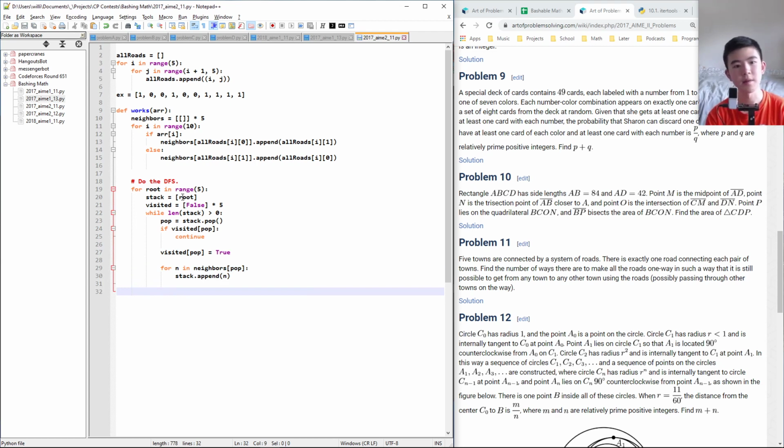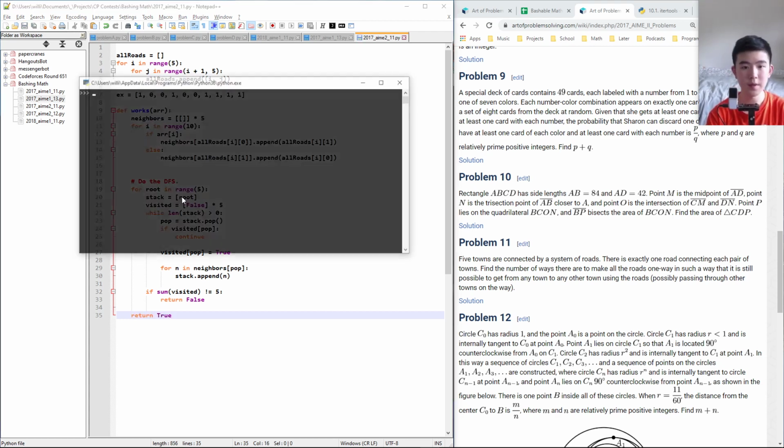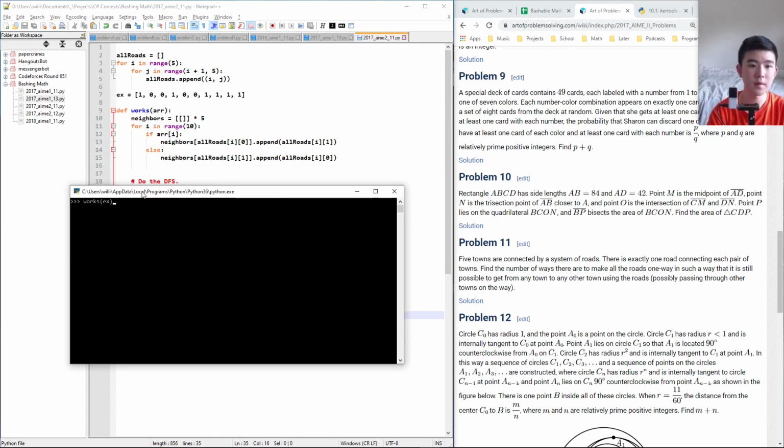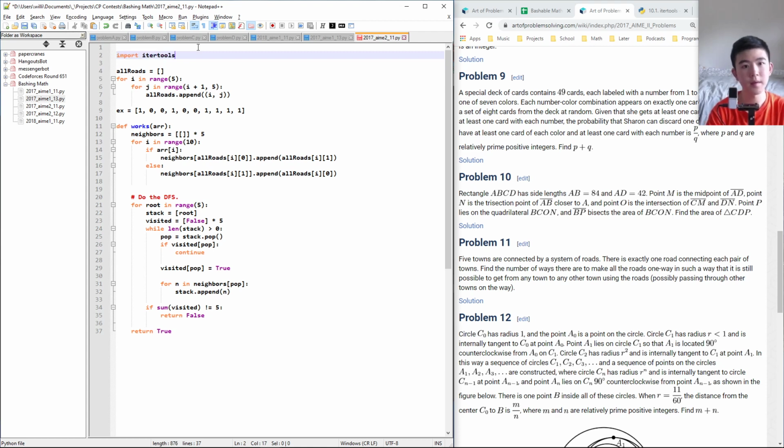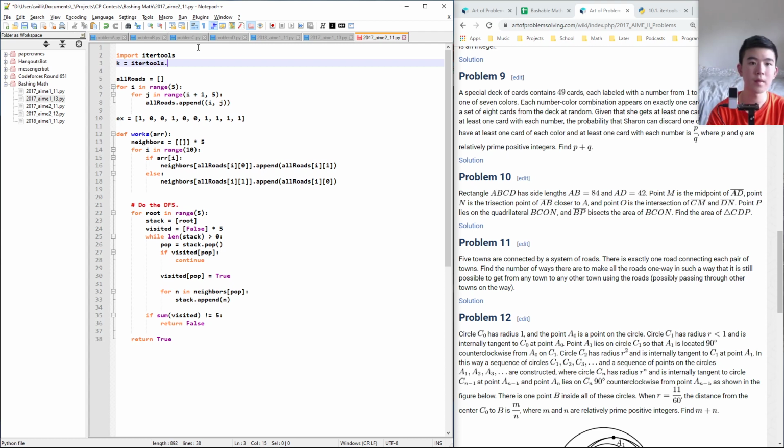And yes. So if for any town it can't reach every other town, then we're going to return false. Otherwise we're going to return true. So let's see. False. Okay. We're going to be pulling out the iter tools again. Okay, and now